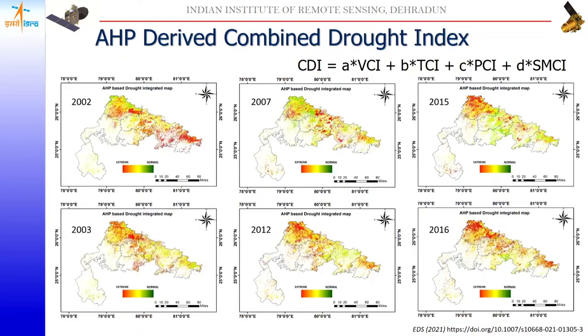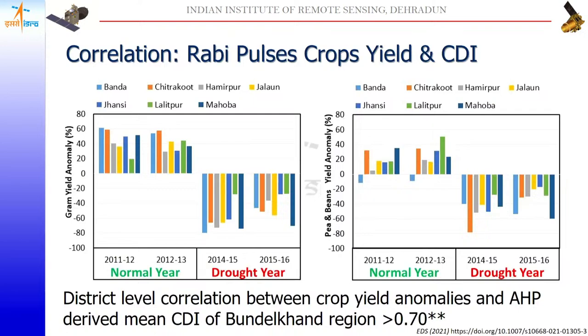As the results are depicted in the slide, this is the analytical hierarchical process (AHP) based combined drought index, with a comparison of the drought year on the upper side and the normal year on the lower side, with the integration of all the data sets. Along with this, we correlate with the Rabi season, specifically in the area of the study, Bundelkhand UP, which is predominant in crop types like gram, field pea and beans. So we compare their crop yield anomalies also